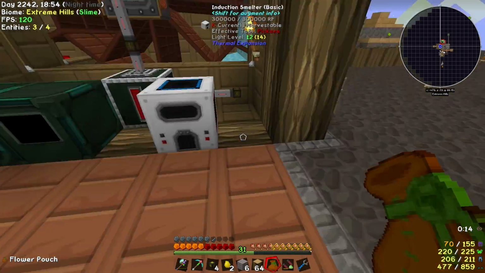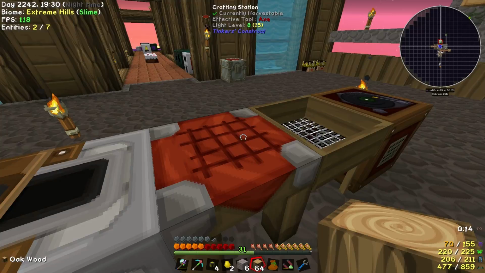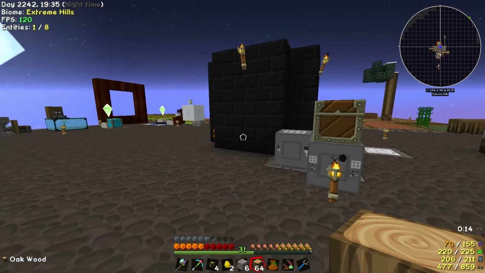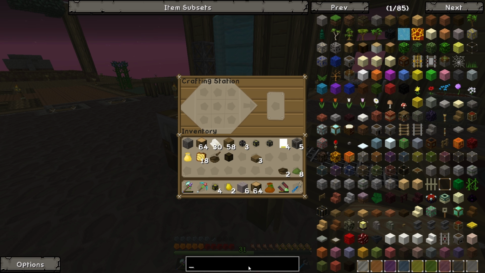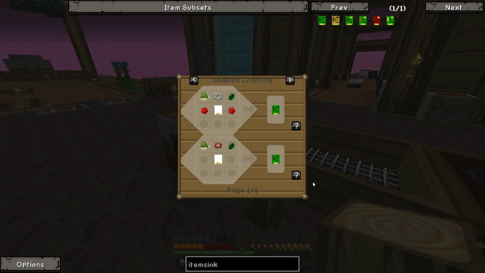That's not the... Oh, the sawmill's moved, hasn't it? Flipping heck. Yeah, I put it over here. Completely forgot. That's going to get us 2 pestle and mortars for just, you know, one backup. Then we'll throw that off the edge. And then we can go ahead and do something like this. That's going to get us the floral green powder. And then we should, I think, have pretty much almost everything it takes to make some of these item sync